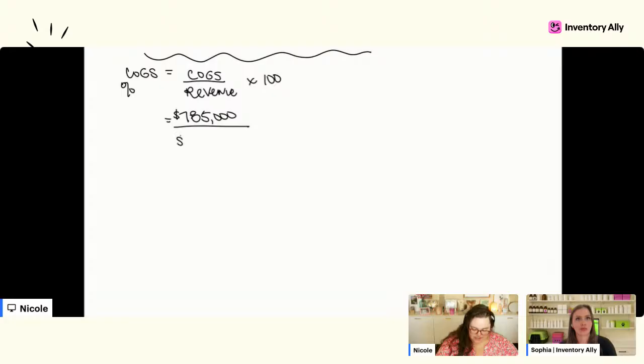So then let's just say that their revenue was 1.9 million. And then we'll multiply that by 100. So let's enter that into our cute little calculator here. Oops. Not 19 billion. I wish that was revenue, but probably not. So this is a little bit of an extreme example. Oops. So I multiplied by 100 all at the same time. But